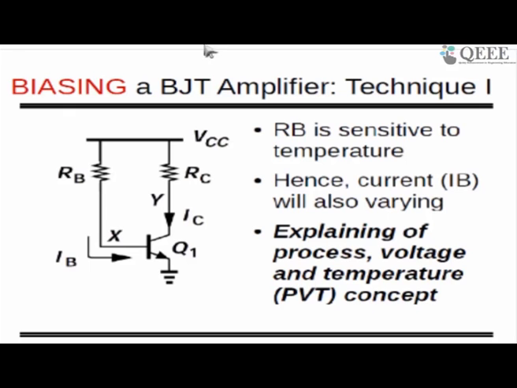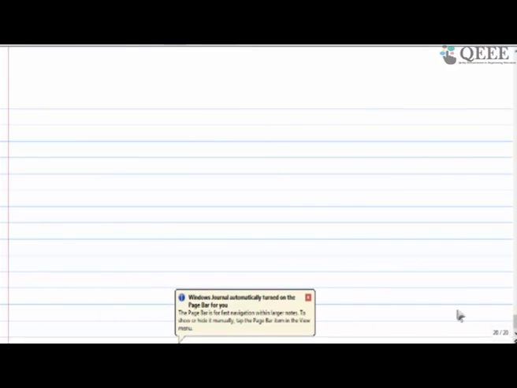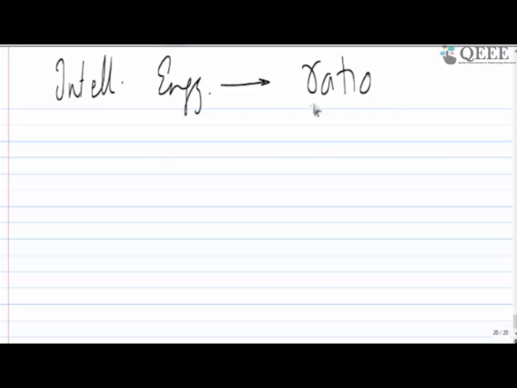So my proposal is, let's look at another circuit rather than taking this circuit. Let's make one more agreement: we are engineers, so all intelligent engineers will choose something which is in ratio. If there are two resistors in ratio, the temperature variation will be nullified, they will nullify each other. If you have two transistors, put them in ratio, it will work. If you put anything in ratio, that will work.